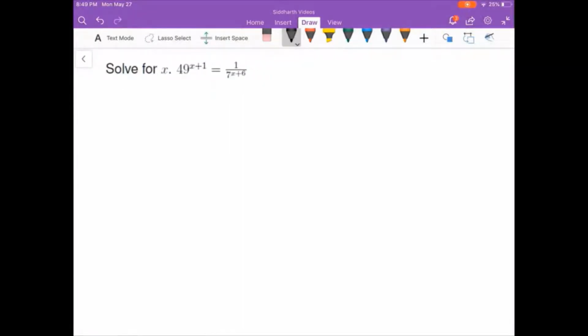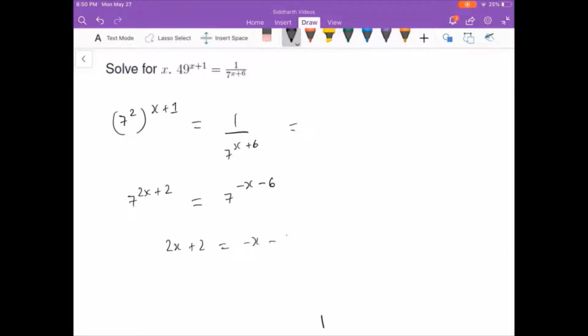In this question, we need to solve for x. Looking at the left hand side, we know that 49 is same as 7 squared. So we can rewrite this as simplifying more, we get, we can rewrite the right hand side as, now because the bases are same, we can equate the powers. And solving for x, we get